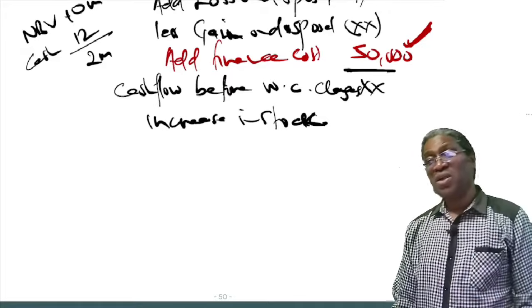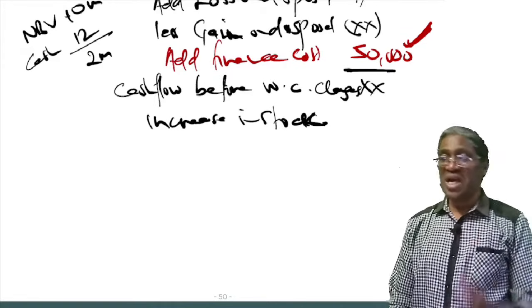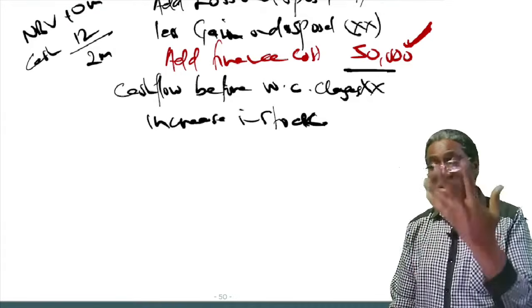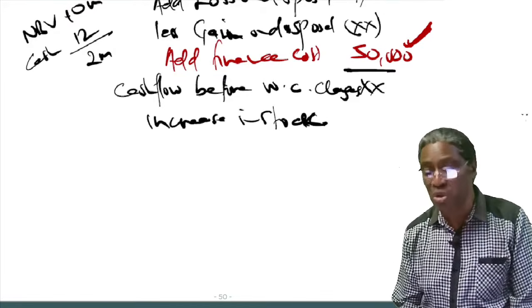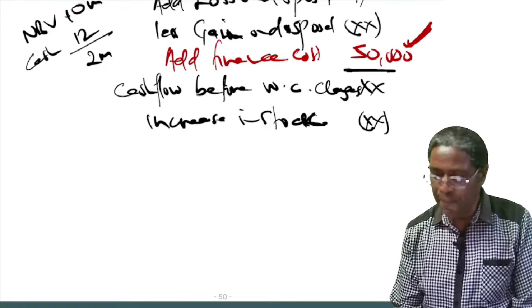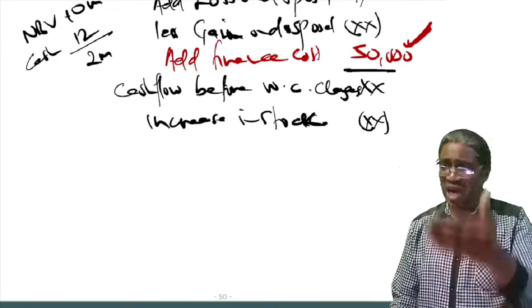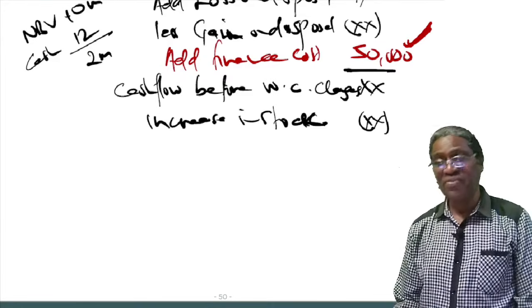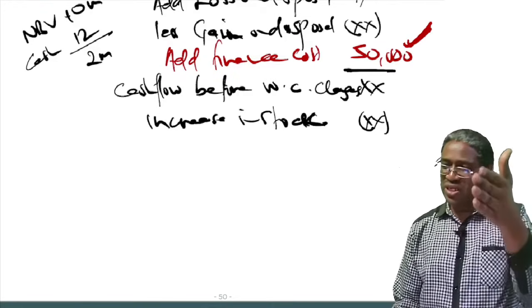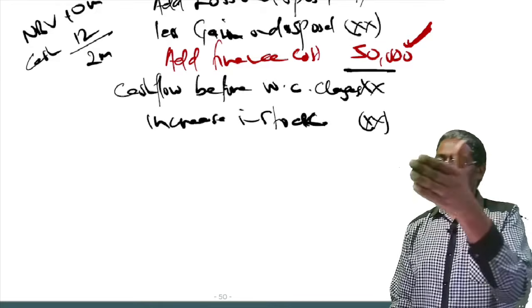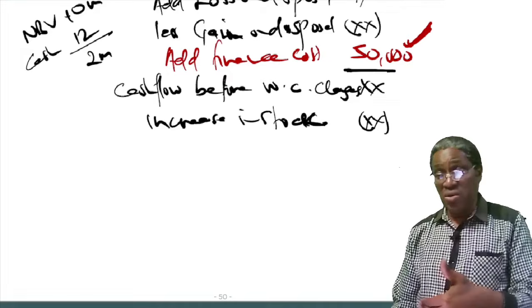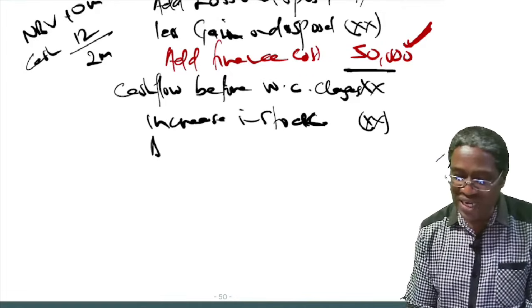It's obvious. When stocks go up, last year we had stocks of 5 million. This year we had stocks of 10 million. Our stocks going up, we must have purchased some more stocks. That's an outflow. Then after stocks, you go to the next current asset. Normally it's debtors. Let me assume debtors last year was 2 million. This year the debtors are 1 million. Meaning the debtors are going down. So if there was a decrease in debtors,